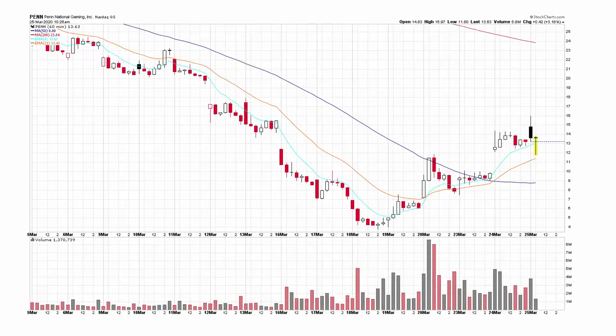Here's Penn National Gaming. Okay, weak stock, trending down, same thing. All these stocks are the same thing. Okay, it pops off its bottom, got pretty good volume here. It starts riding its 8 up. Strong move up last Friday on big volume, gets above its 21, gets rejected by its 50, comes back down, closes the week kind of weak, basically right at its 8 moving average. And then on Monday morning, it opened, tested lower, came back, and then sat above its 8 moving average all day long. Okay, strong finish, not apparent on this chart, this time frame, but strong finish, and then gap up